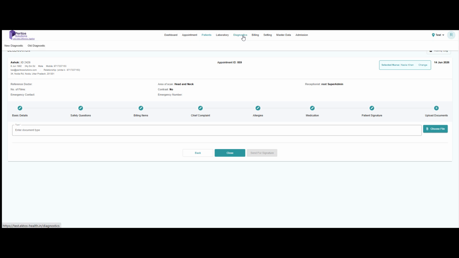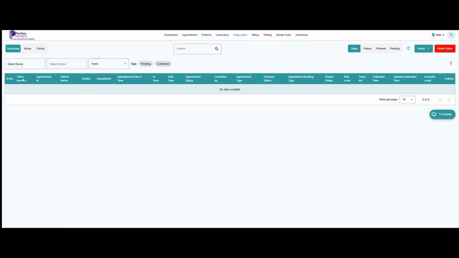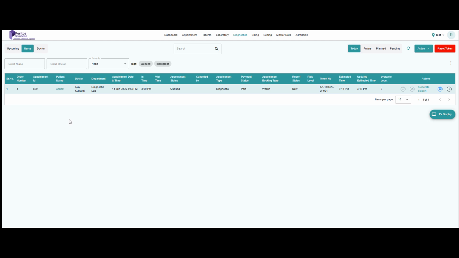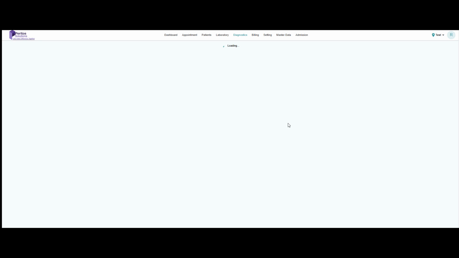The next step here will be for appointment 859. If I see, it will not be seen anywhere in the upcoming one, but it will go in the nurse section now with the status queued, because the nurse has completed the work, and now it is for the technician to start the work for scanning. So the generate report button comes up. Now this generate report button, when clicked on it,